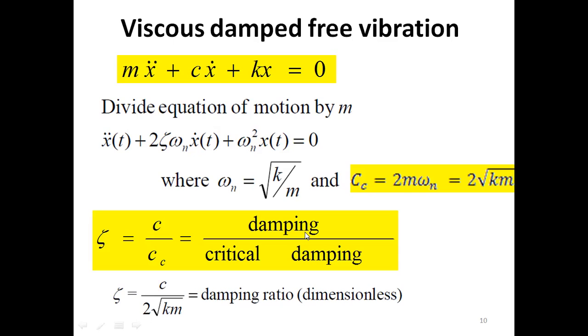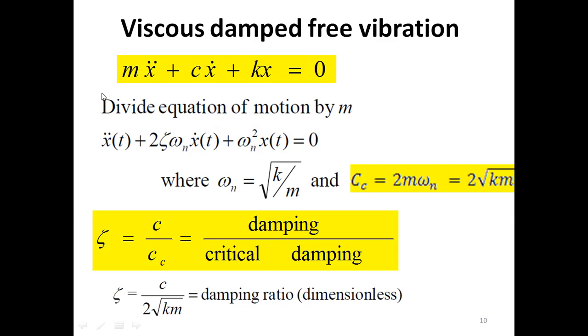And the actual damping in the system, let's say it is C. So the damping ratio would be C divided by Cc. So zeta is the damping ratio, and it is unitless because it is the ratio of the damping. If we put the equation for the Cc, zeta would be equal to C divided by 2 under the root km. And it is known as damping ratio. It is dimensionless. It has no unit.